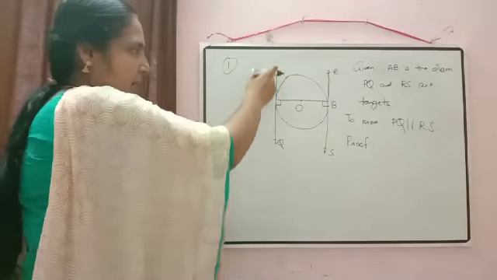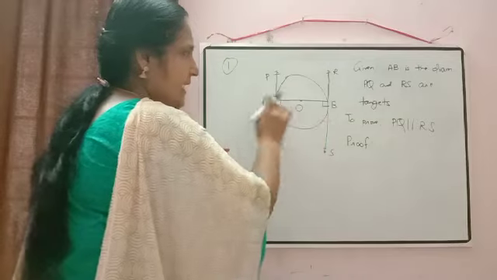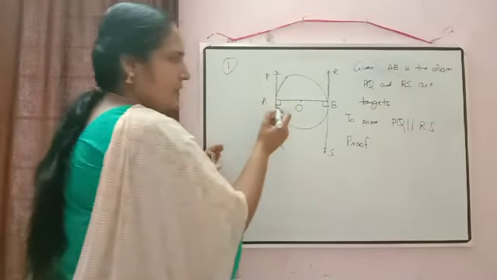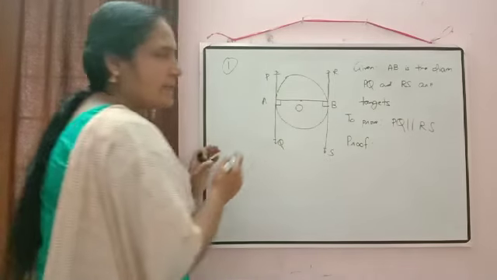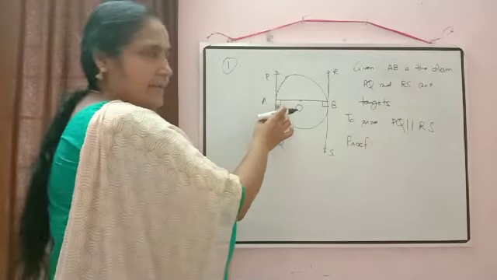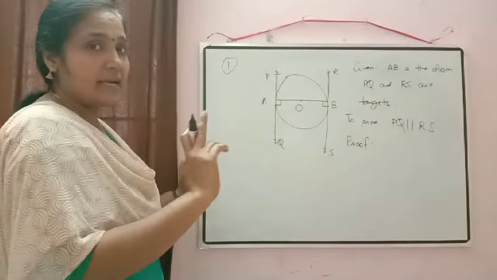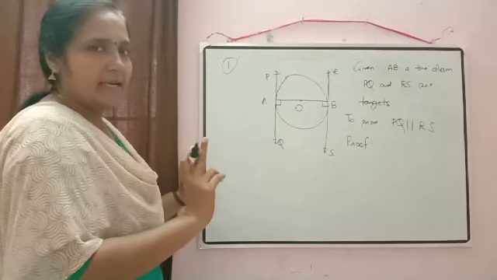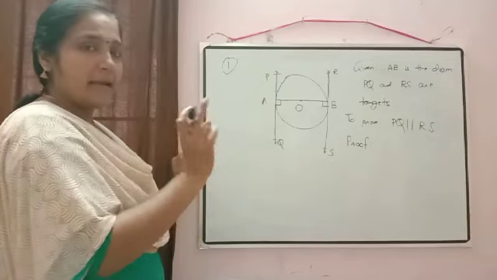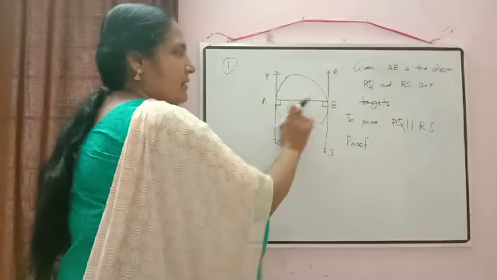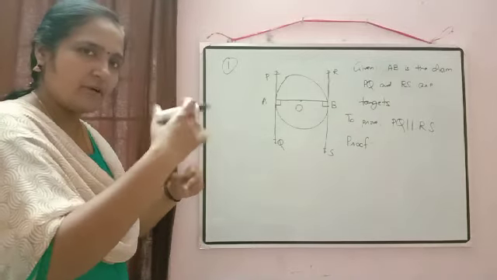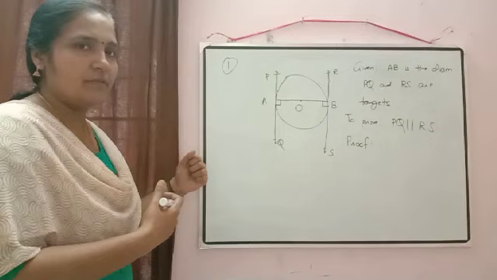Now consider these two lines, and AB as the transversal. What will be the sum of angle A and angle B? Correct: angle A is 90 degrees, angle B is 90 degrees, so their sum will be equal to 180 degrees. So you can prove PQ and RS are parallel by the property that interior angles on the same side of the transversal sum to 180 degrees. I am giving you so many options for how we can prove this.